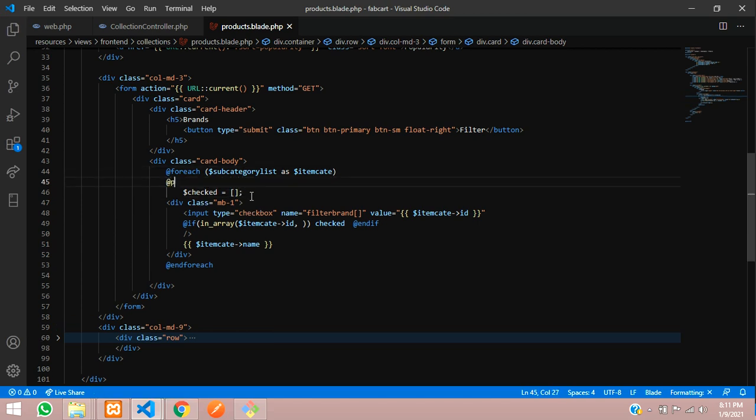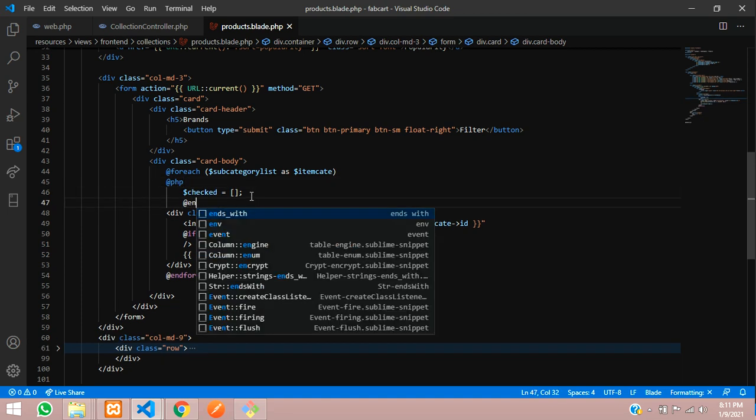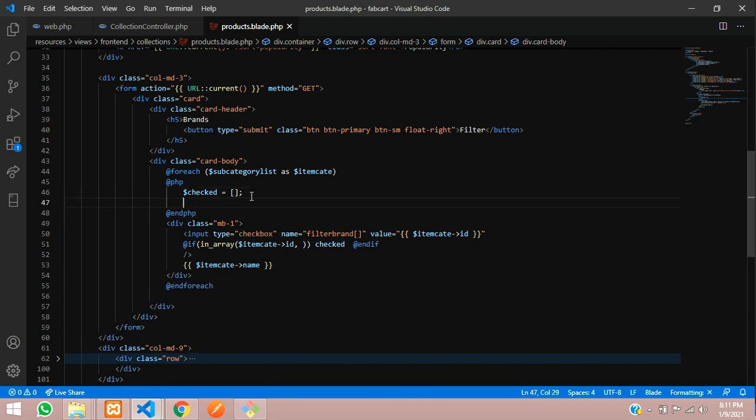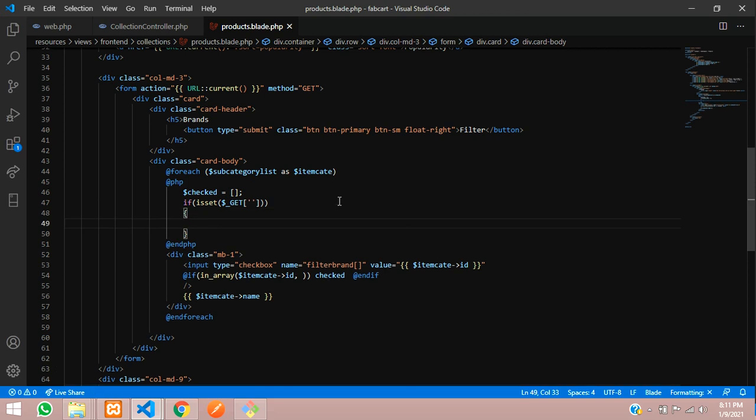Let me open PHP and end PHP, and from here I'll just check with the isset function, $_GET of your brand. Okay, so if this brand is set, then I will take this value.